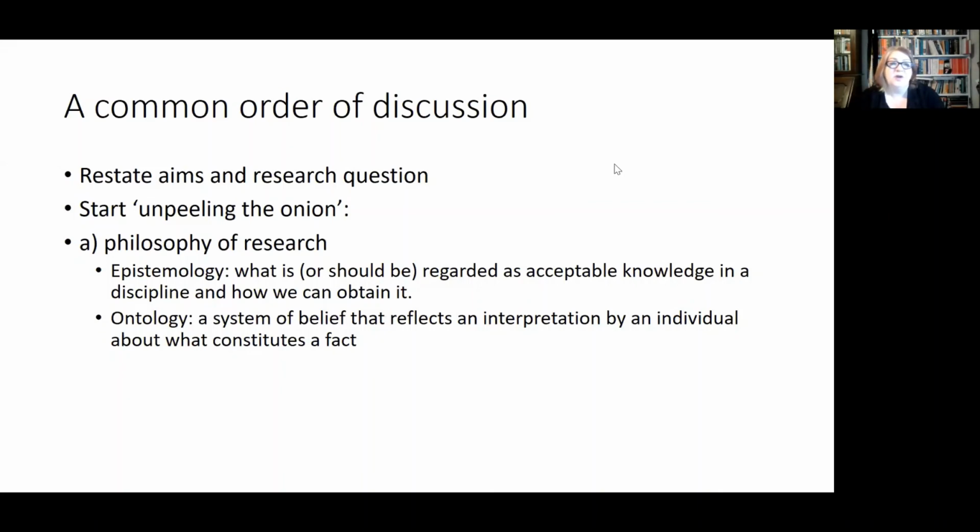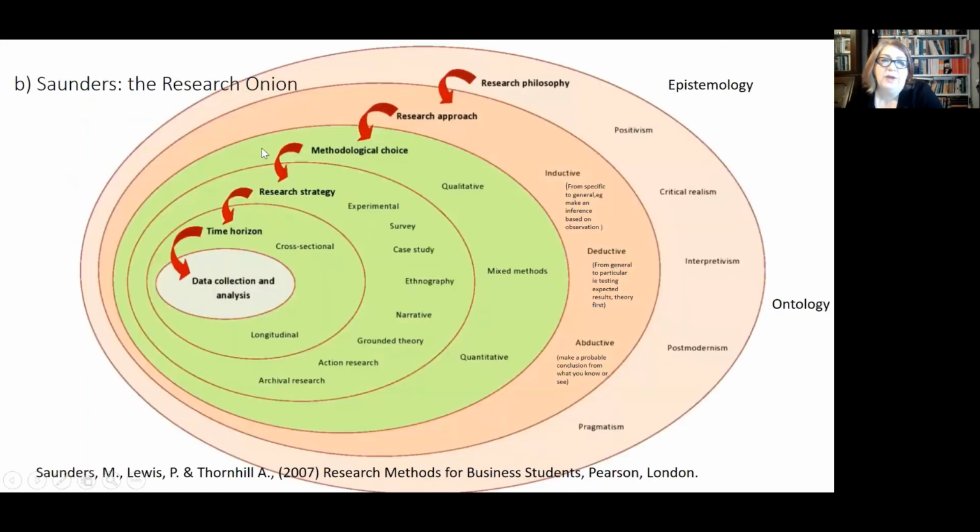a fact. So epistemology is often seen as the acceptable knowledge in your area, what is known in your area, and ontology is the system of belief that you bring to that. But there are so many variances in the way to say that. So do have a look at that yourself, because it will be different according to what your field is. But I just wanted to cover that quickly because I wanted to put it in the context of the